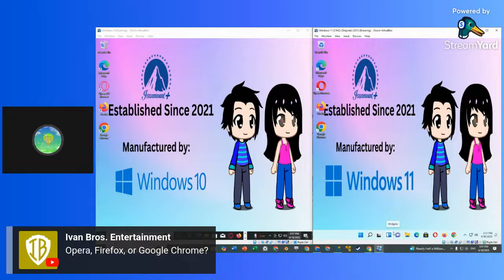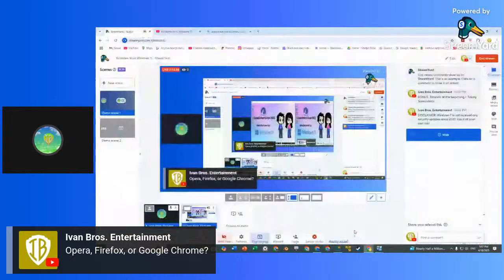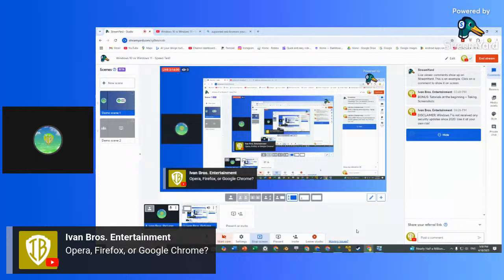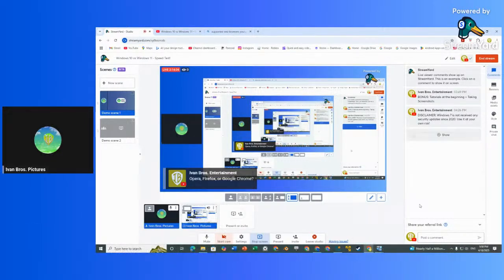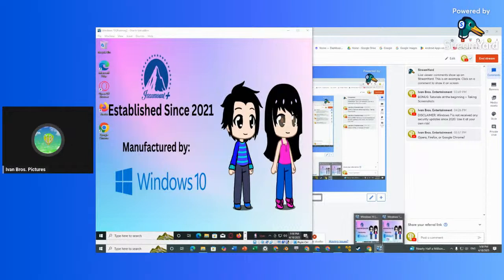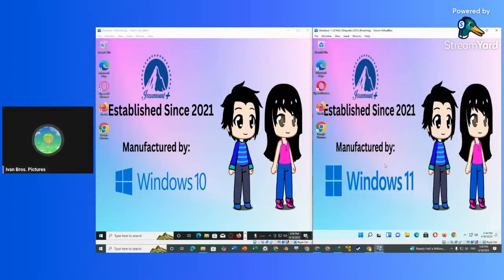Okay, please stop right there. Now, let's see. There's no votes, so we're going to have to say we're not going to do Opera today, nor Firefox. Instead, here is today's thing, Google Chrome, which is also supported here on Windows 10